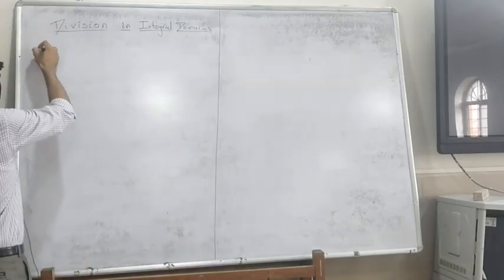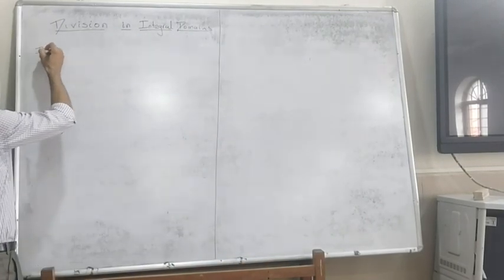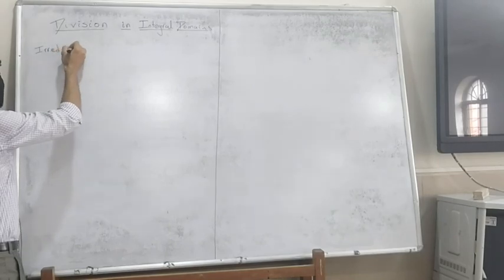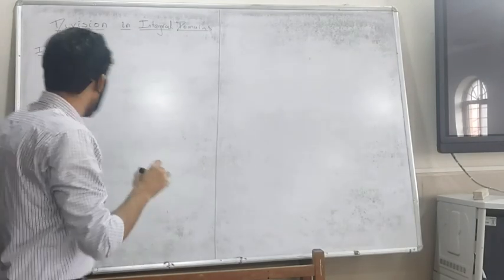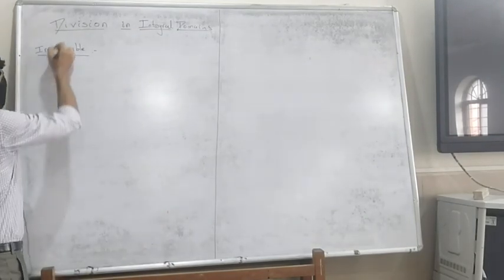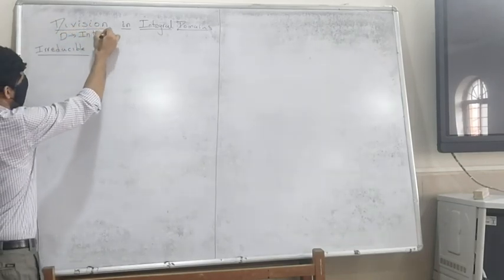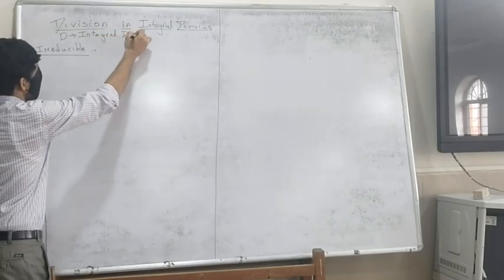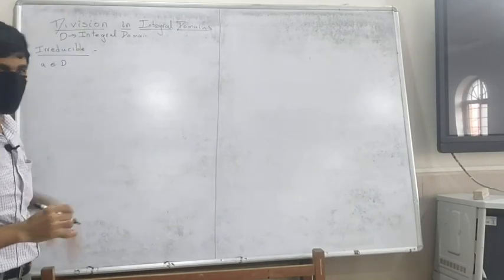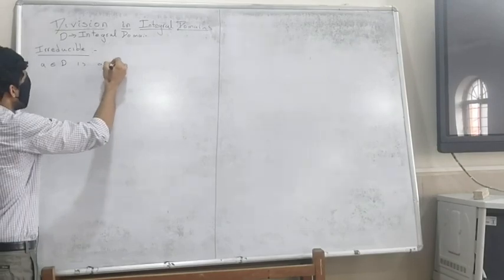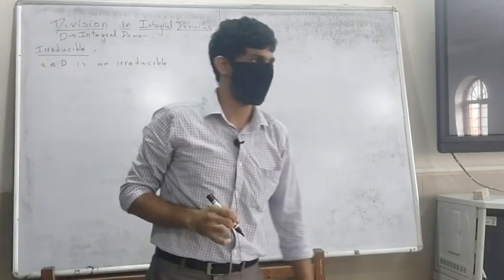One is irreducibles. I have already defined this in the previous section. It is exactly the same thing. So what is an irreducible in an integral domain? I will fix this: D is an integral domain. So A in D is an irreducible. It's just like how you have irreducible polynomials in Q[x].